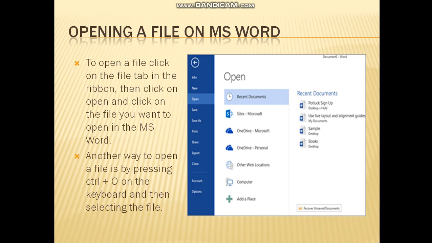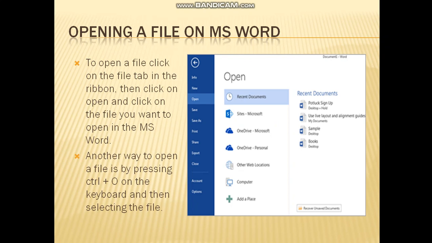Now if you have to open a recent document or a saved document which you have created before, you will again click on the File tab, and then you will click on the Open button, and then you will choose which file you want to open in your MS Word.